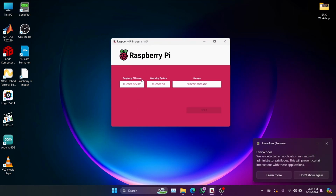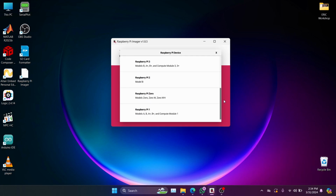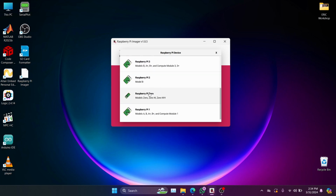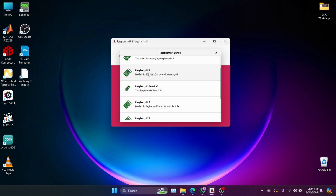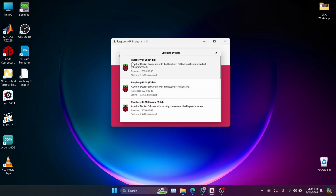Here you get the choice to select the Raspberry Pi module that you are going to be using. In my case, it's the Raspberry Pi 4 model. You can see here there are Raspberry Pi 3, 2, 0, and Pico devices as well. So I'm going to select Raspberry Pi 4, and for the operating system, we can either select the operating system